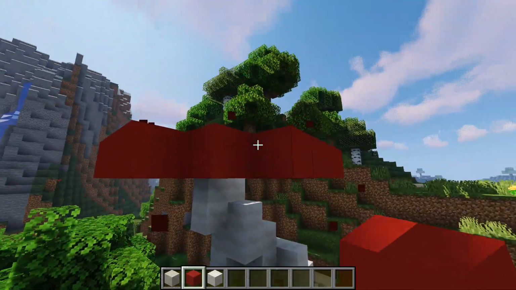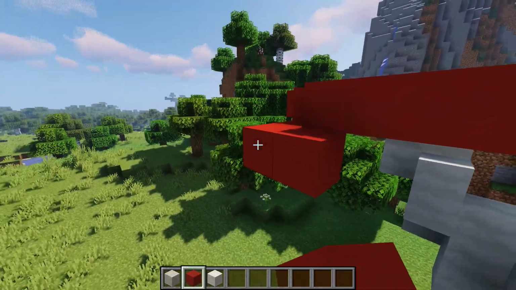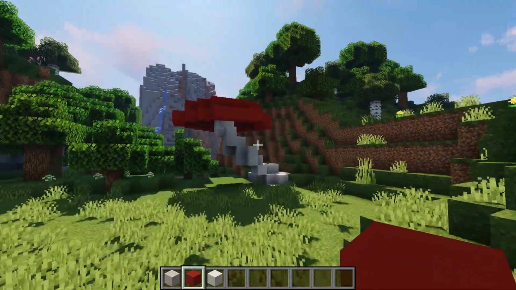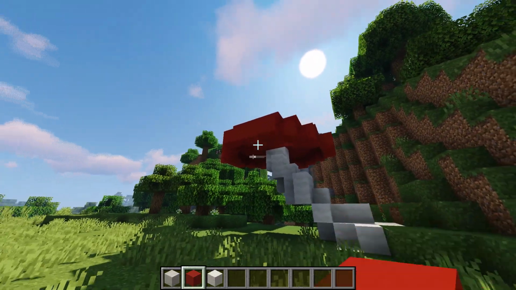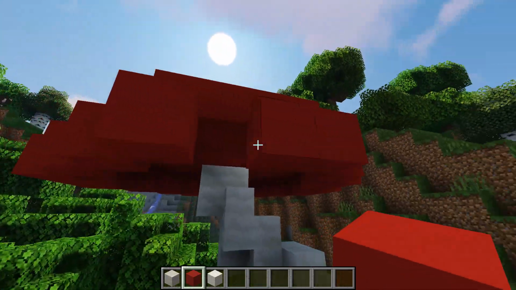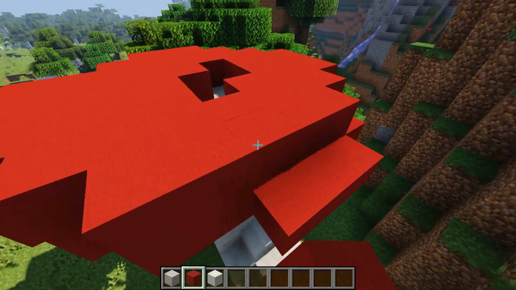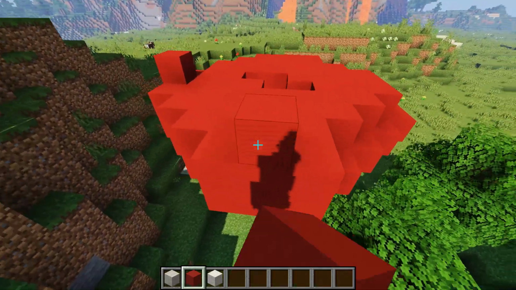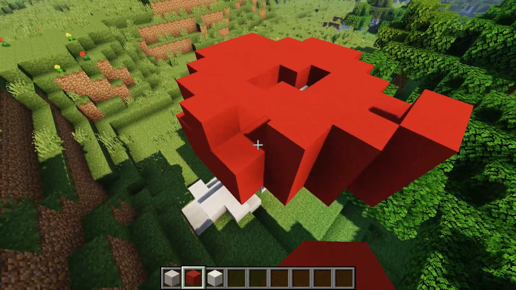And then you want to make a rim going downwards, so it looks like this raised part is the inside of the cap. You should end up with something like this, giving it a nice little mushroom cap feel. So yeah, that's what the border's meant to do. And then we'll just start building up now with these blocks, the red concrete still. And you want to start folding it inside